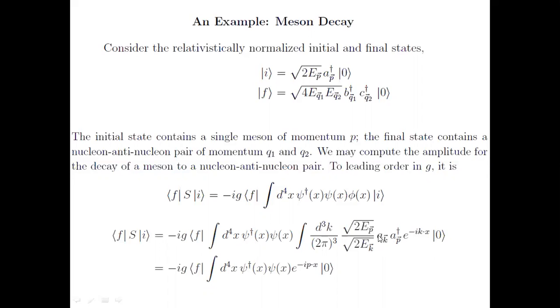So for a_k and a_p dagger, we have the commutation relations. If you remember, a_k with a_p dagger gives us (2 pi)^3 delta cube of k minus p. So with the delta function we can do the k integral, the (2 pi)^3 cancels out with the delta function, and we simply get e to the power minus ipx. Now we have to expand the psi dagger and psi operators and see what happens. Here k and p cancel out because they are equal due to the delta function.